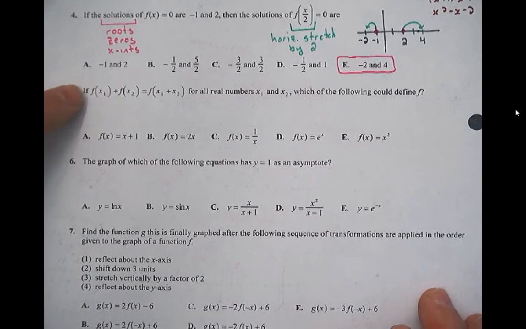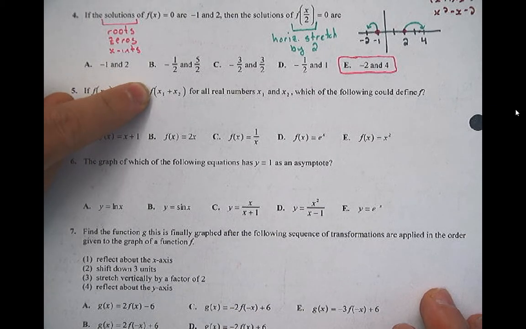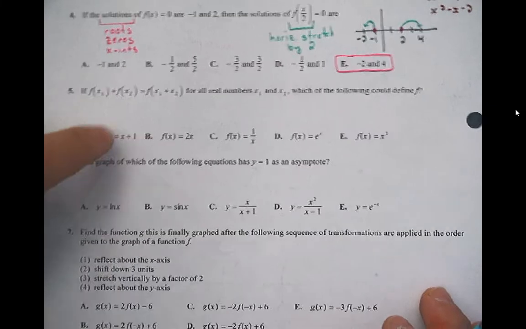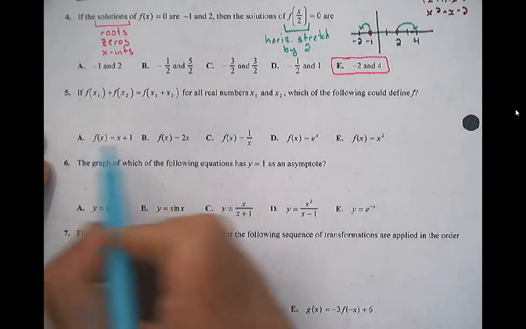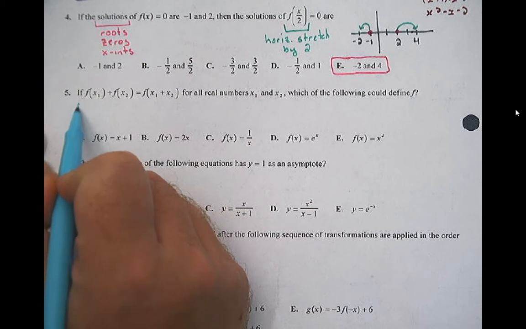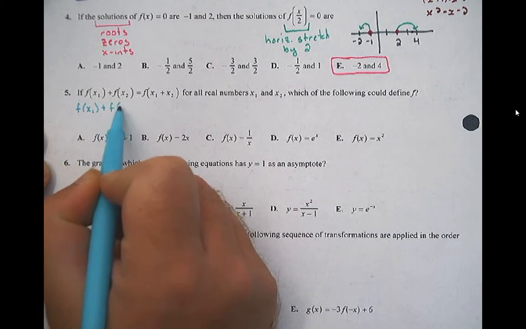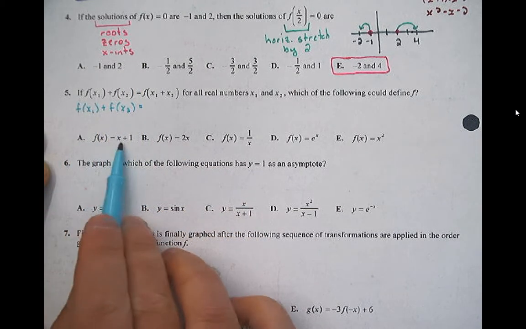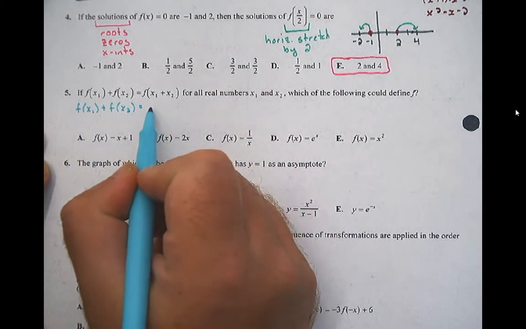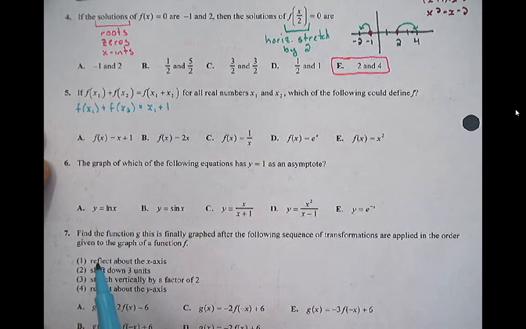In other words, I'm going to see what f of x1 plus f of x2 is in this equation, and I'm going to see if f of x1 plus x2 is in this equation, and if they're the same thing, then I did it right. I know it's right. So let's try one. Let's do this. So what's f of x1 plus f of x2? Well, f of x1 would mean I'm going to take the x's out and replace them with x1. So that would be x1 plus 1